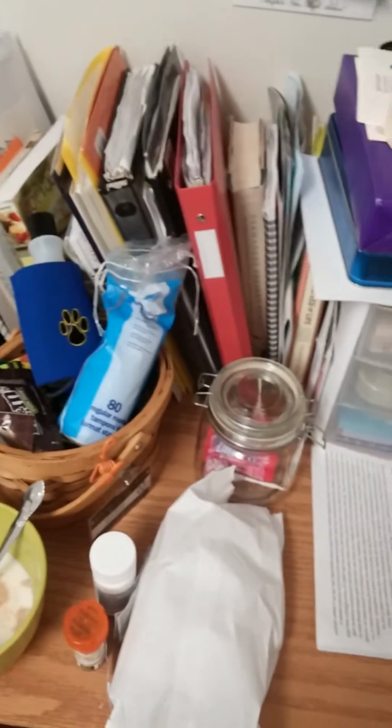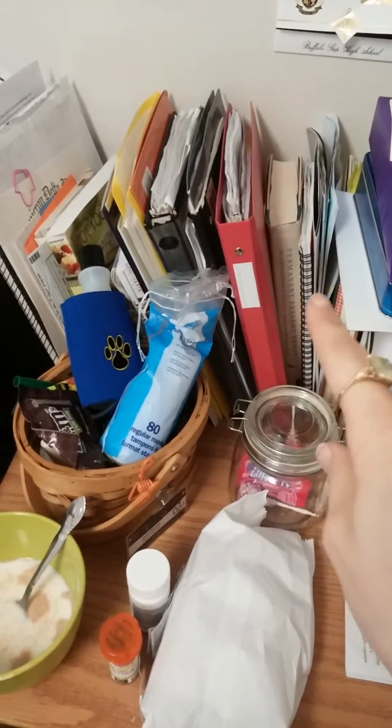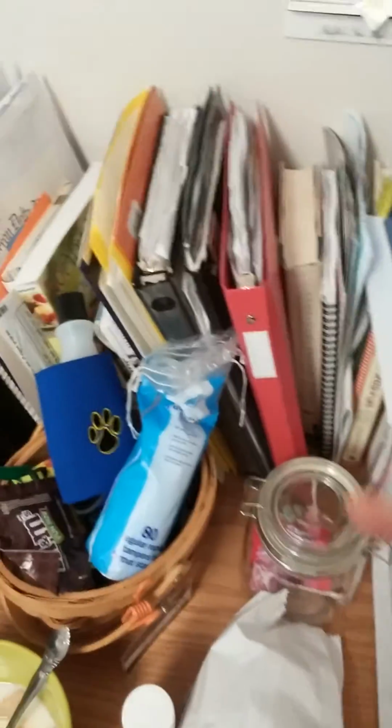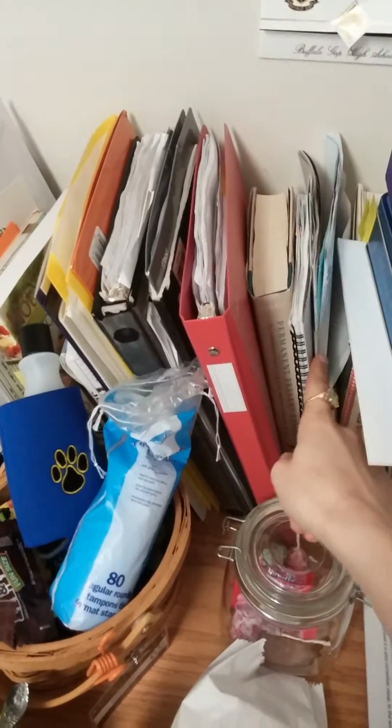And then over here, it's actually a lot smaller than it used to be. I used to have all my books stored right here, but I returned them all, so I don't have that many anymore because this is the last week before graduation. So normally the books would go right here, my agenda, some papers for class,